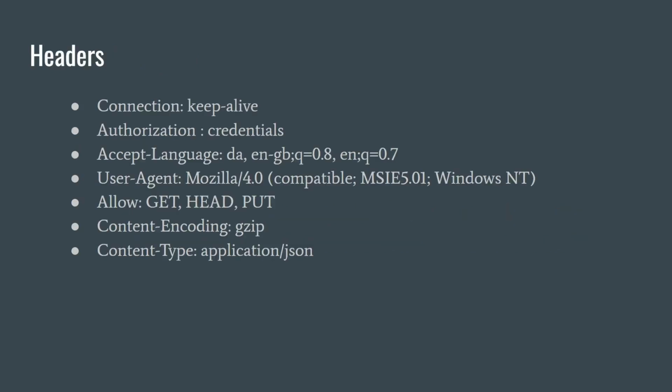Headers are providing additional information to the request and response. They are specified as key value pairs. As you can see, connection is a key and keep-alive is a value. Headers are often used for providing authorization details such as a token and so on. We can use user agent to specify who sent the request, for example, what kind of methods are allowed,